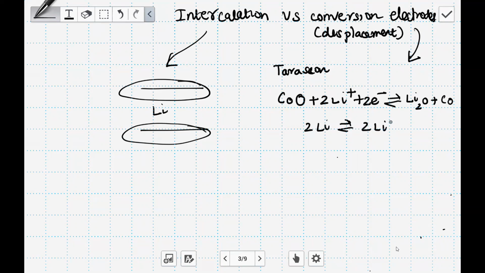At the anode, okay, this is what is happening at the anode. This is what is happening at the cathode, right? The cathode. Okay, so the overall reaction